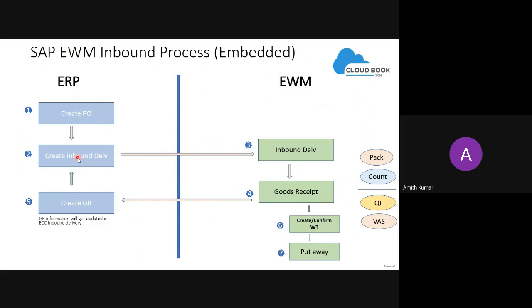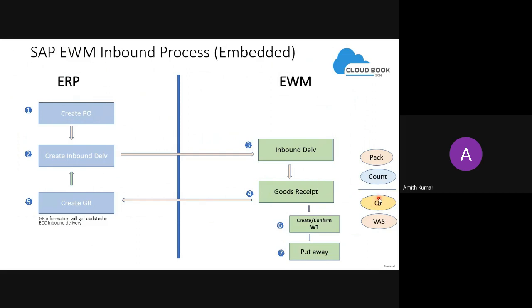This inbound delivery will be created using all the information which the supplier has provided, meaning what quantity he is going to supply, or on which date he is going to supply. All that information will be part of this inbound delivery. Once this inbound delivery is created, it will be transmitted to EWM. So here the inbound delivery is transmitted to EWM, and in EWM, once it is transmitted, we need to perform the goods receipt. But after the goods receipt is performed, there are a lot of different operations